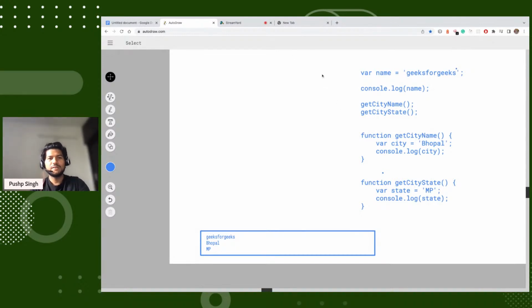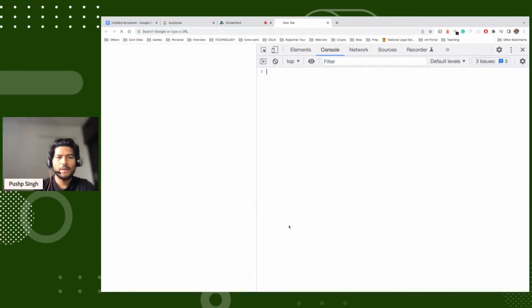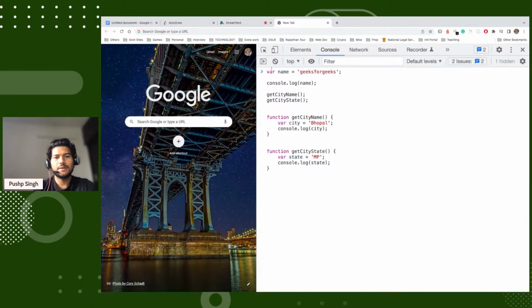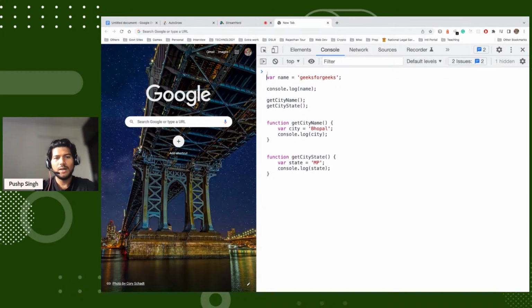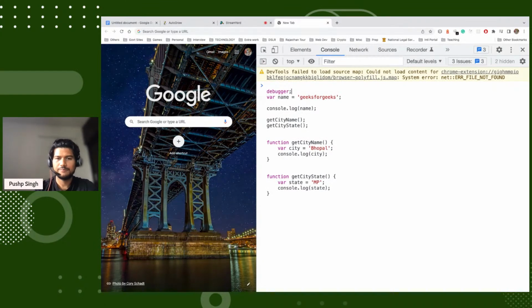Now this is everything about the theory. Now let me show you with the practical demo. I have written a small snippet of code. I'm just adding a debugger here. And do you know what the debugger does? If you are not aware of what the debugger does,